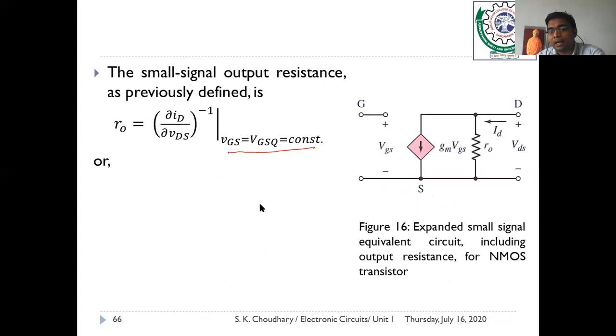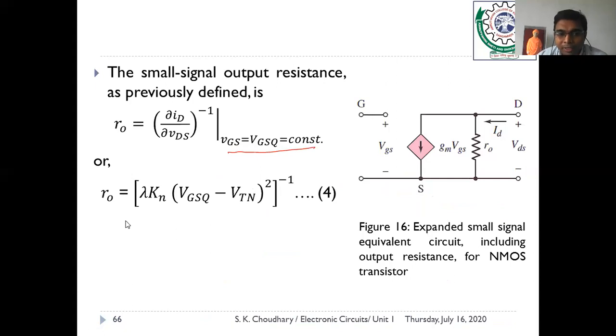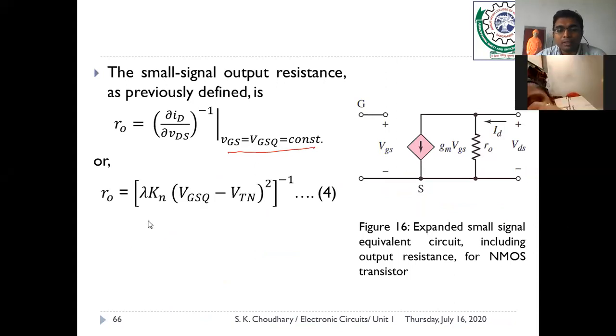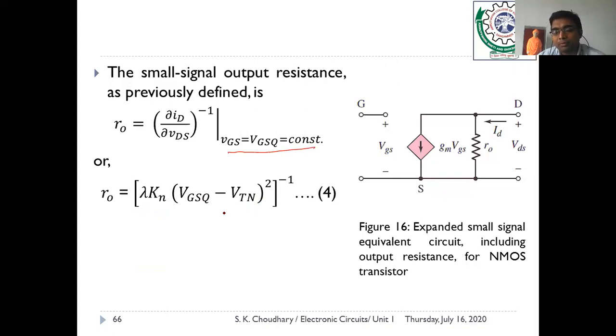You have to differentiate the ID given in the previous equation with respect to VDS, and when you differentiate that equation, you would get this value. Okay, so what is the value? The value is delta of Kn (VGS minus Vtn) whole square. This would be acting as the constant there, times 1 plus lambda VDS. So when you differentiate 1 plus lambda VDS with respect to VDS, it would become 0 plus lambda, means lambda. So lambda would be multiplied in the actual current equation.